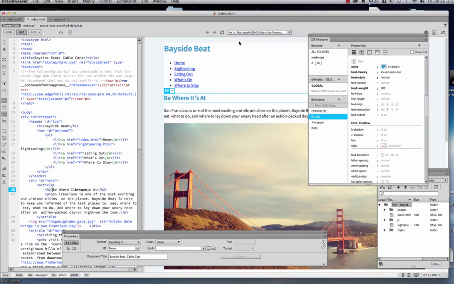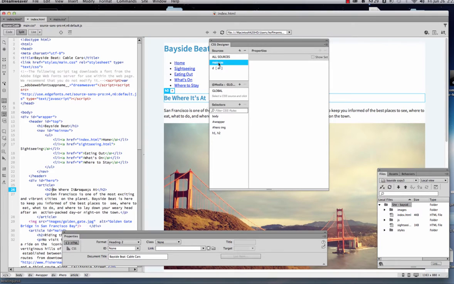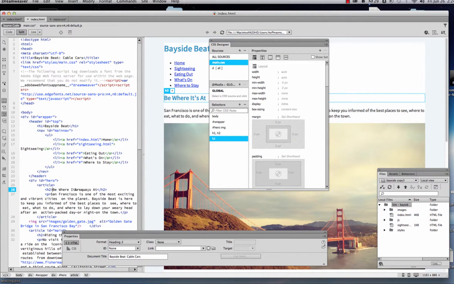So we're going to make a new selector and make sure that live view is active. I have it right here, and I'm going to make sure that I have main selected, and we're going to go ahead and make a new selector. We're going to click the plus button, and we're going to make it into a heading 1. Then I'm going to hit enter. Before we reset the margin property, we're going to change the text property. So click the text icon right here,